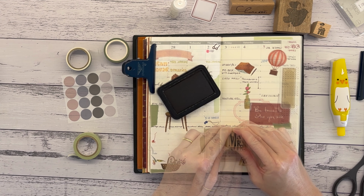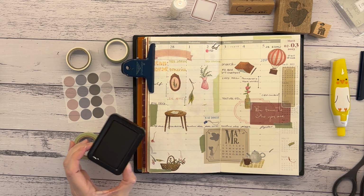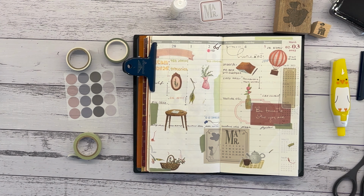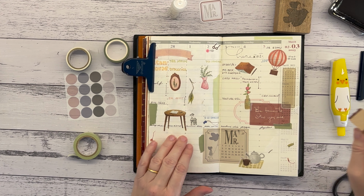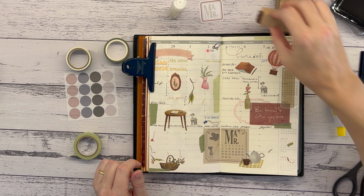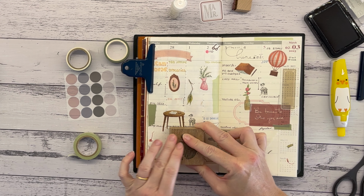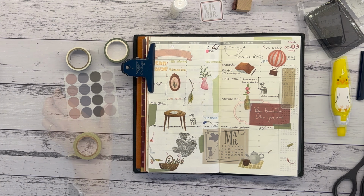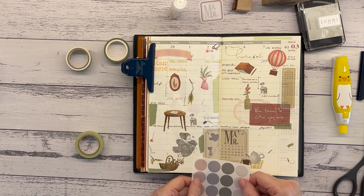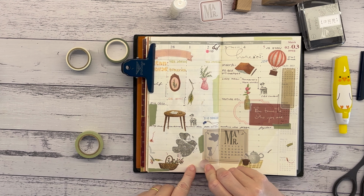So what I'm stamping with here, because it's quite a soft spread with sort of muted colours, I didn't want to come in with a black ink, and I didn't want to use more of the same colours, so I'm just using a Shachihata silver grey ink here. Which ties in nicely with the sticker dots, which I am just about to place. I do love these washi dots. They are such a fun way to just